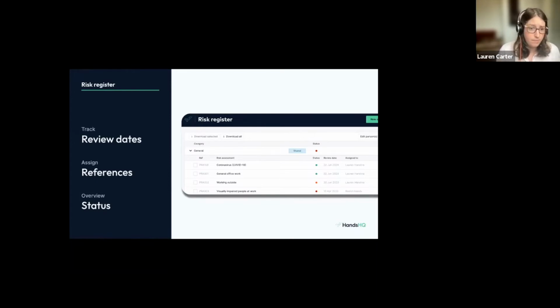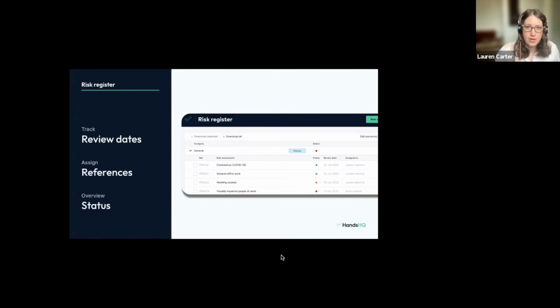If you are being asked questions by auditors, for example, or there's an accident management incident on site, you can jump in really quickly and easily, update that risk assessment, push it out to live projects, but also have a nice activity history for that risk assessment in your library. So I'm just going to jump back through to HandsHQ now,